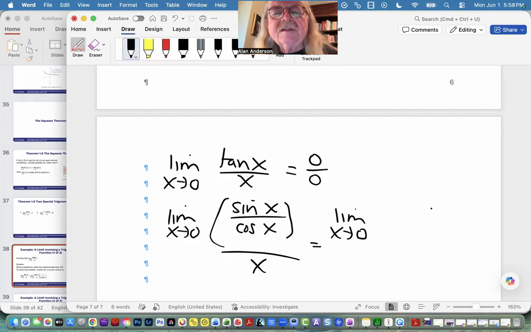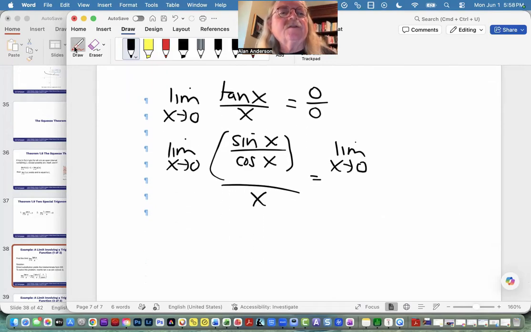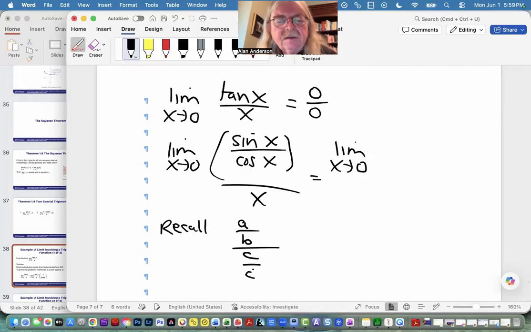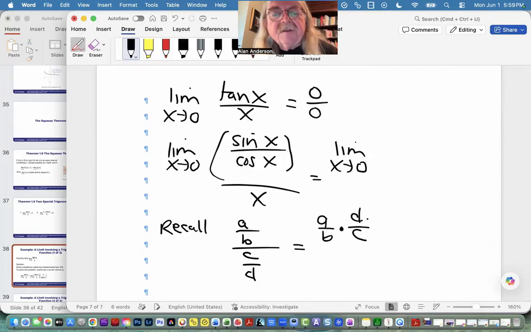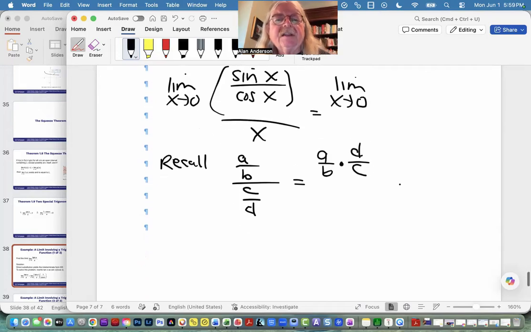By the way, this is a good opportunity for me to remind you of something extremely important. If I take a ratio of any real numbers, dividing by C over D is equivalent to multiplying by the inverse, which is D over C. So therefore, in a case like this,